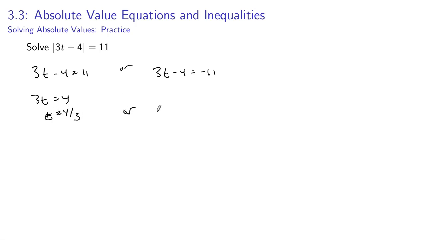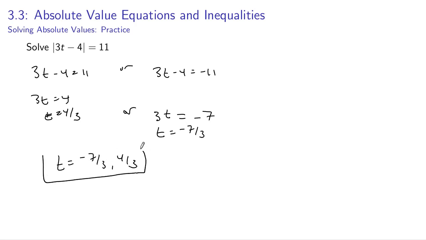or 3t equals minus 11 plus 4, which is minus 7, minus 7/3. So t is either minus 7/3 or 4/3. So you can see why we did this one algebraically. It's faster than trying to think about it using the